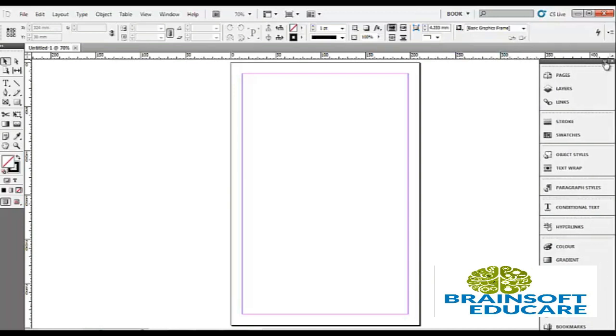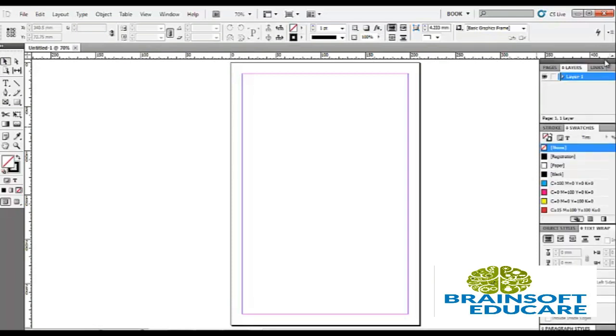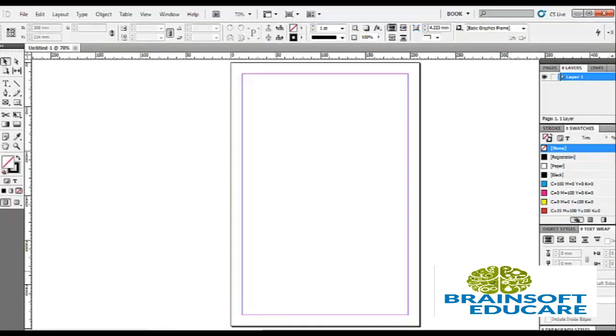This is the panel toolbar. This is the control panel. This is the tool panel. This is the collapse to icons button. This is a 4-panel group in a vertical dock.